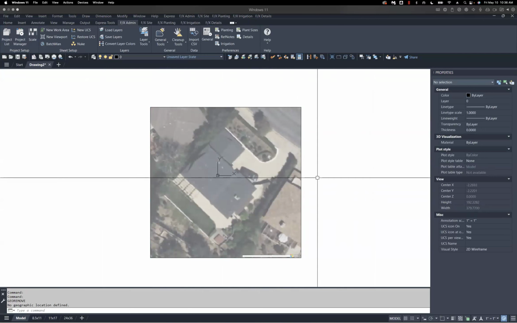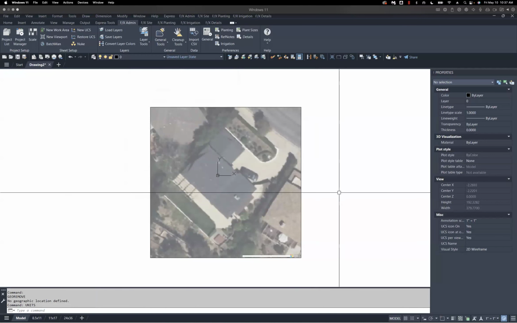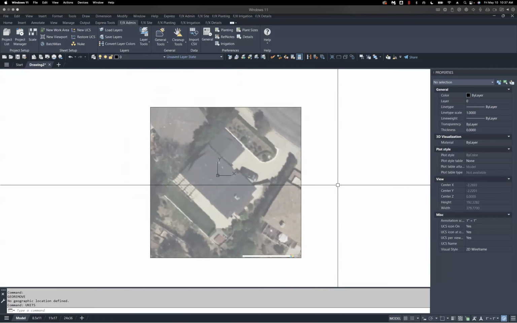Another thing that's worth noting, I kind of overlooked this because I just loaded from a template, is before you start actually drawing anything in CAD, you're going to want to make sure you set your units. So you can type units and hit enter. And in my case, they're already set to decimal feet because I loaded my template. So I'm just here to confirm. But if you hadn't started from a template, you might want to double check that. It's not going to create an issue at this point because we haven't actually drawn anything, but just a good note to always set your units before you begin designing.